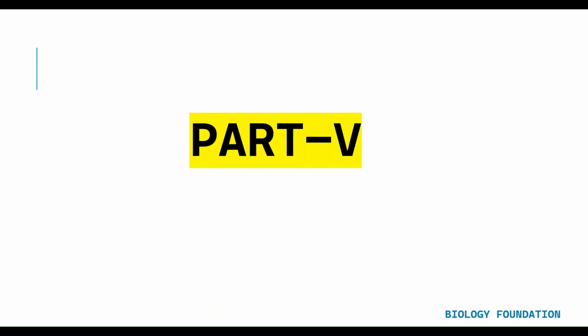This is part 5 of Unit-3 Structure and Functions of a Plant. So in previous videos, we discussed the root system and the shoot system in detail. We have discussed the functions and modifications of stem, the functions and modifications of leaf, and the basic structure of a flower, and we have discussed the first step of reproduction, which is pollination, where we discussed